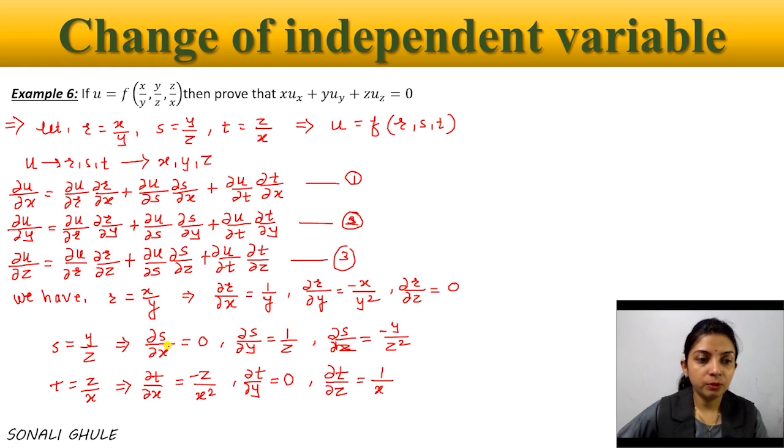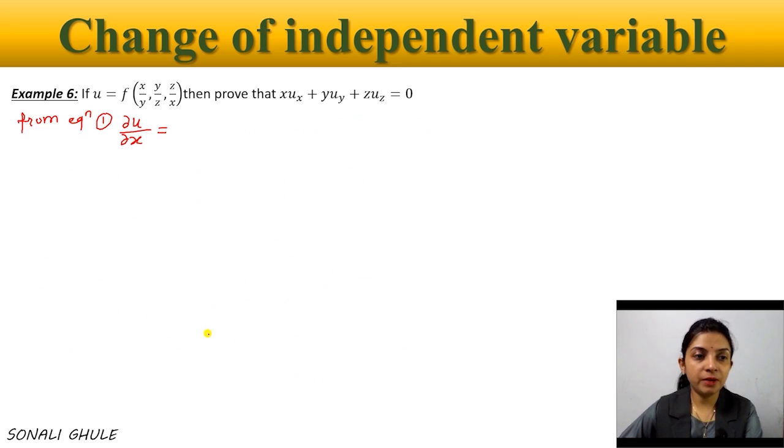So here you can see all these derivatives will remain as they are because u is only a function of r, s, t, right? And here r with respect to x, s with respect to x and t with respect to x. These derivatives we have to put that we are finding here. Okay, so here see what the values will be then,